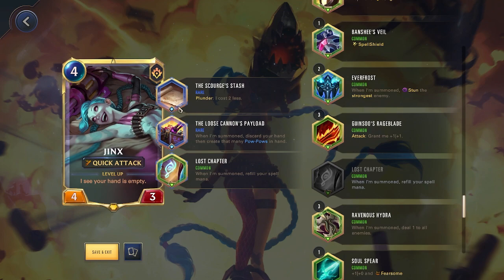This will be much better after you hit level 20, where you have a guaranteed champion draw at level 20. This way you can try to play Jinx earlier in the game, and while the Loose Cannon's Payload itself normally won't be enough to flat out end the game, it will put you at a very strong advantage, dealing large amounts of damage to the Nexus and their board, with then a whole bunch of pow-pows to continually clear out